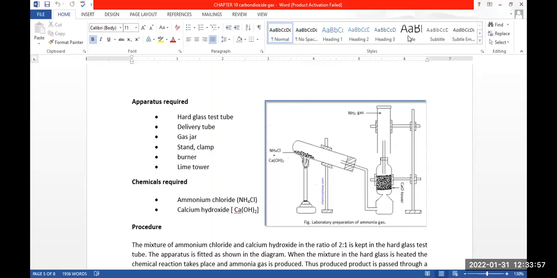Next test is we can easily recognize ammonia gas by its smell. It has pungent smell, the smell like rotten egg. म तिमीलाई क्लासमा भनेको थिएँ, rotten egg, कुहिएको अन्डा जस्तो यसको स्मेल हुन्छ. Next is when glass rod dipped in HCl, hydrochloric acid, is introduced in the jar containing ammonia gas, it produces a white fume of ammonium chloride. Okay, when ammonia reacts with